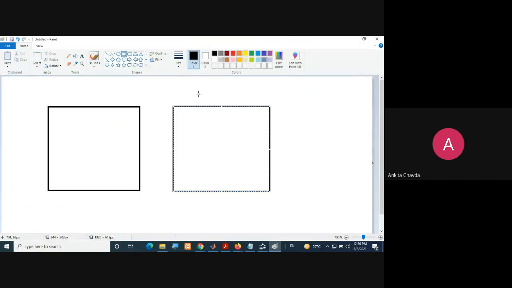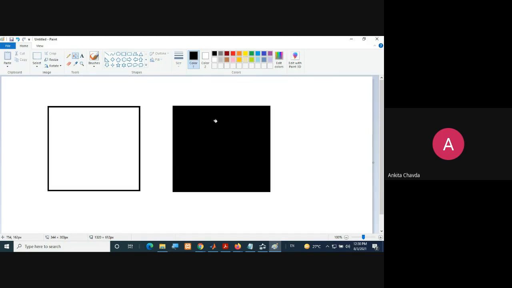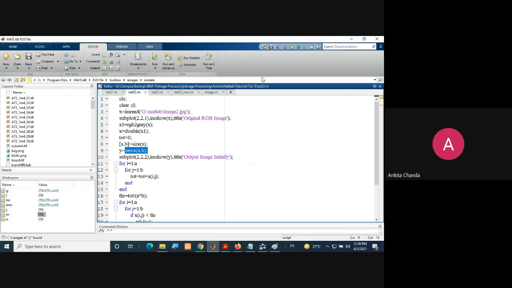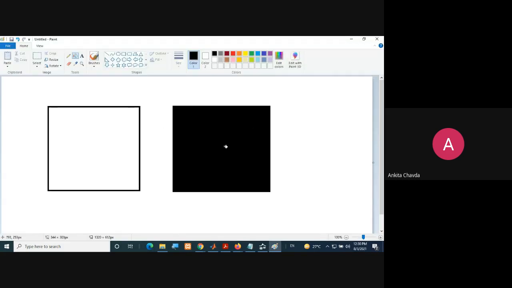Obviously, this is what I have created, with all zeros, right? So all intensity values would be 0. So my output image is like this for now. Initially, my output image is a blank one. Either you can take it with all ones or with all zeros, right? You are creating one new output image with all zeros as the intensity values. Now you are just showing your output image initially, and you will get this black color image.